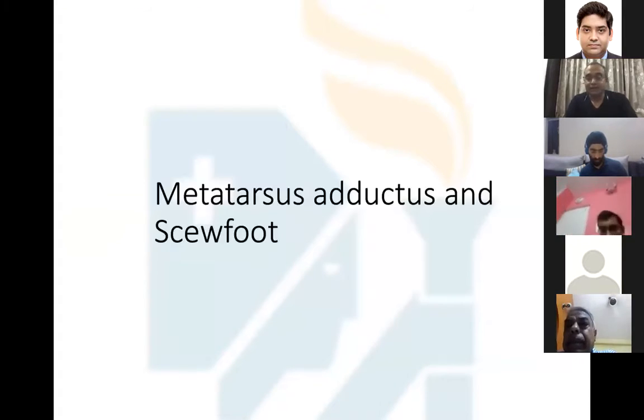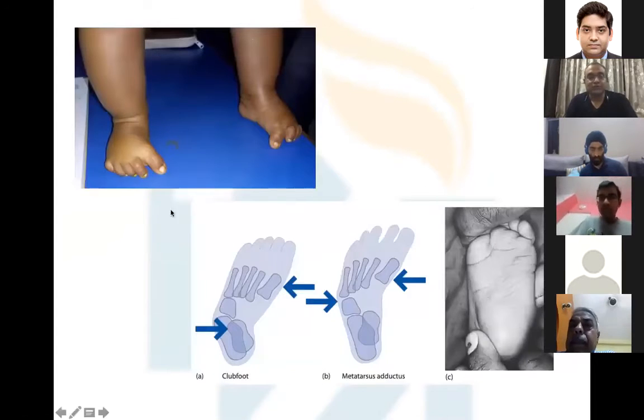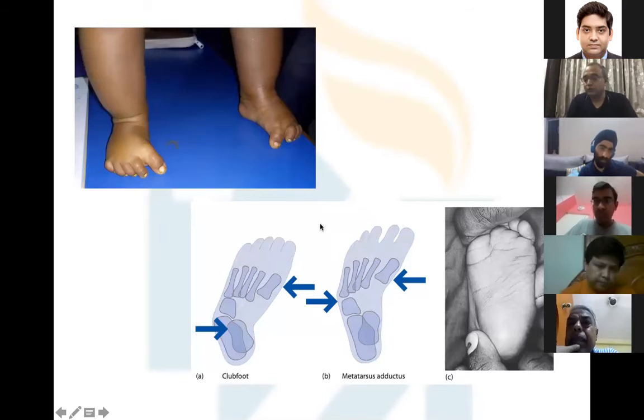Metatarsus adductus and skew foot, these are also common deformities which you see, as I show you in this picture. So here, the difference between clubfoot correction and metatarsus adductus is that in clubfoot, you have the pivot at the level of the talus, whereas in metatarsus adductus, you do it at the calcaneocuboid joint, and you have to correct. Now, this is a primary metatarsus adductus. So you have to differentiate it from a varus foot and a cavovarus foot.